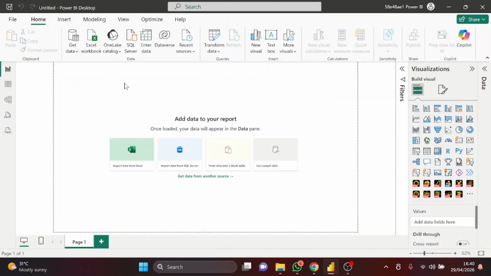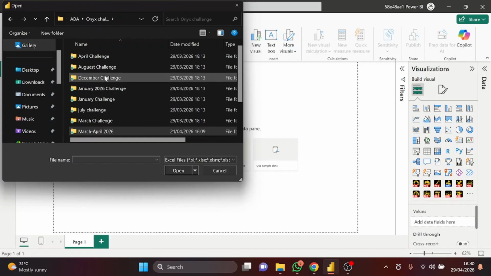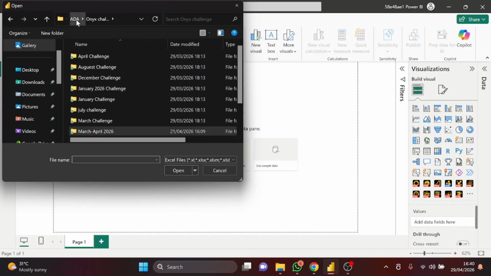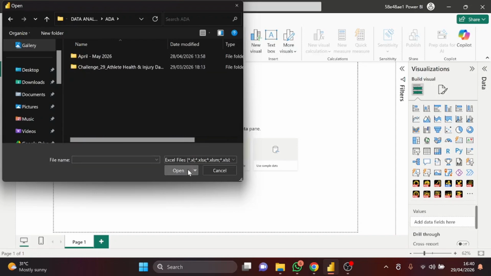You double click as usual now. If you're familiar with importing data from Excel, you click here to take it straight to your files, your documents. Actually, this is not where I saved the data set, so I'm going back. Okay, here's the folder, and here is the April to May